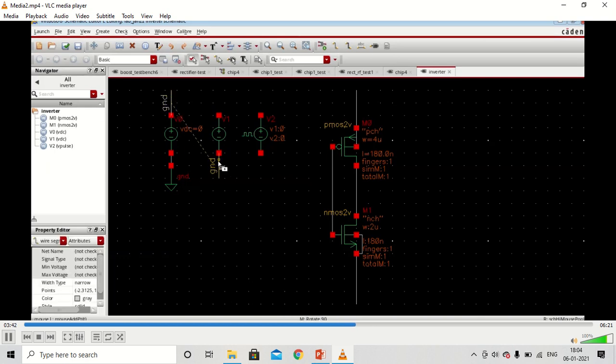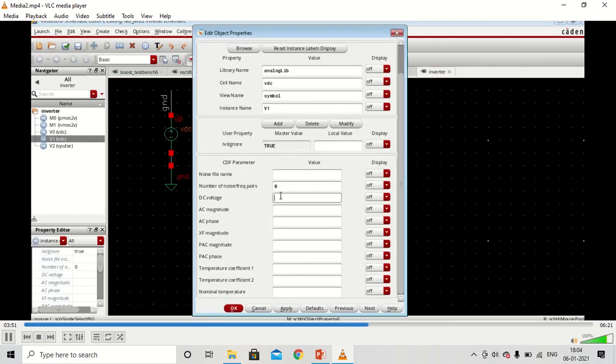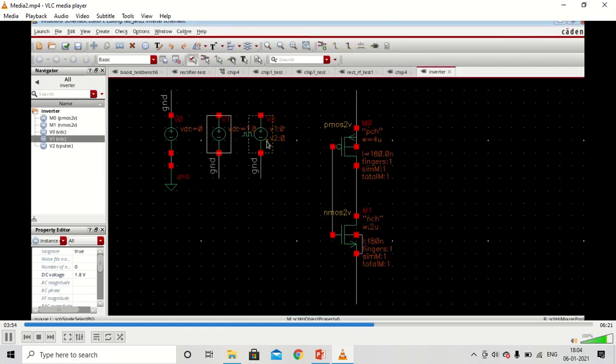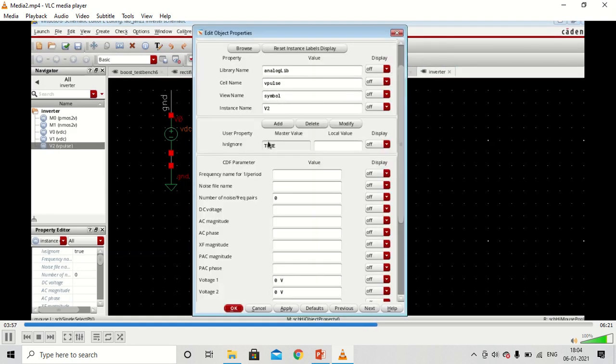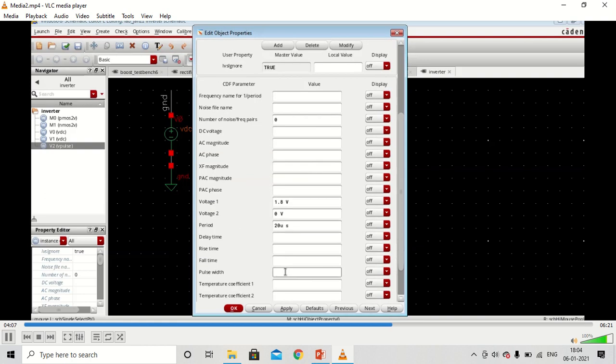We will connect the ground to the negative terminal of the other sources. Now we will give a DC supply of 1.8 volt, and we will define the V pulse. One half of the pulse waveform will have 1.8 volt, the other half will have 0 volt. We will give a period of 20 microseconds and a pulse width of 10 microseconds.